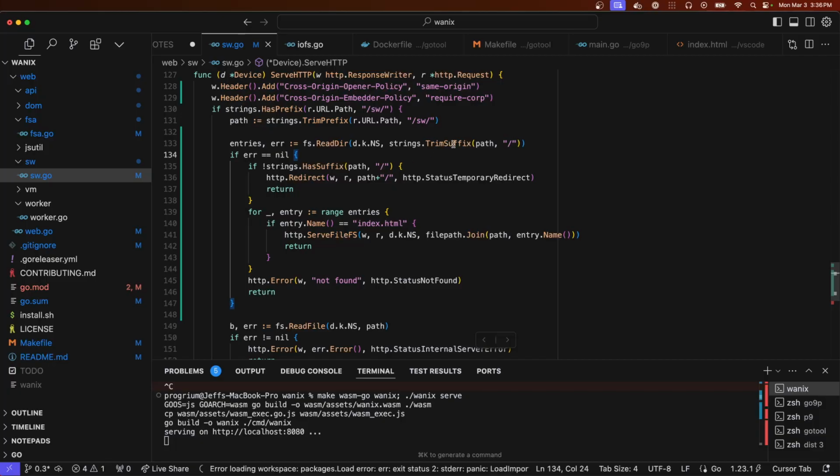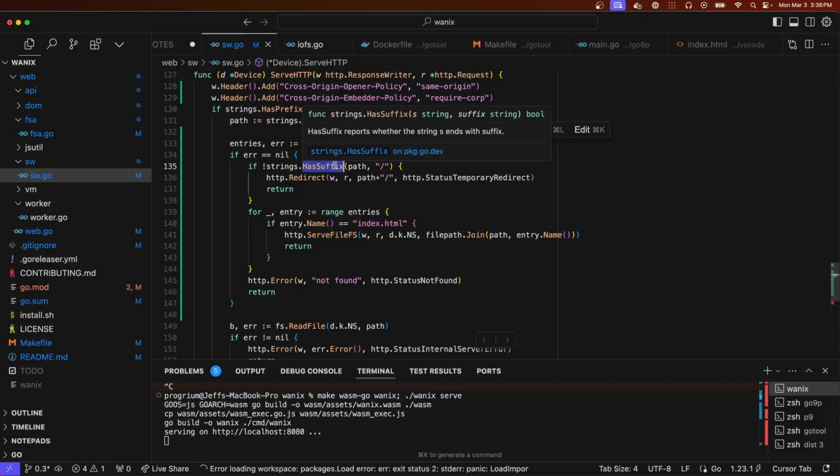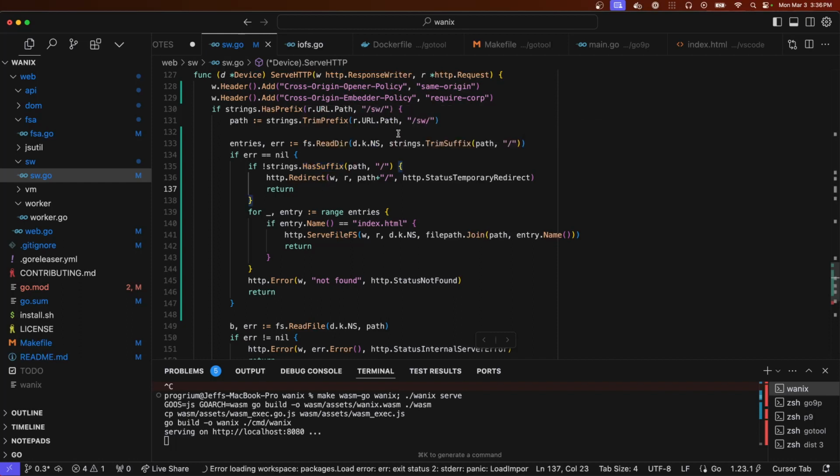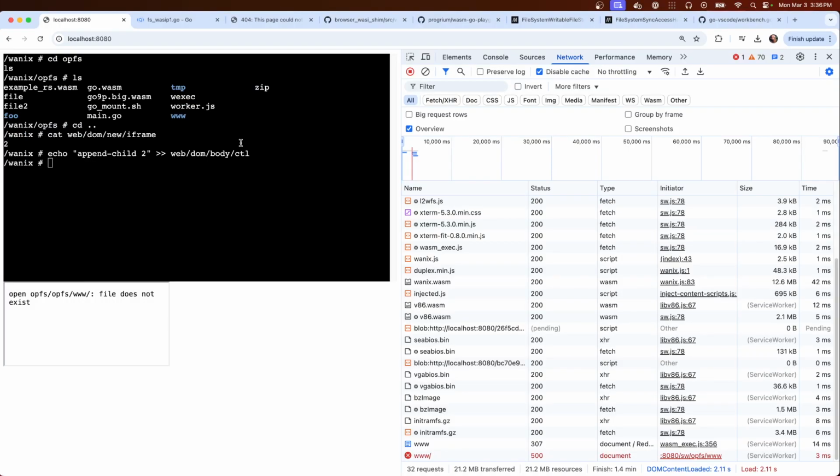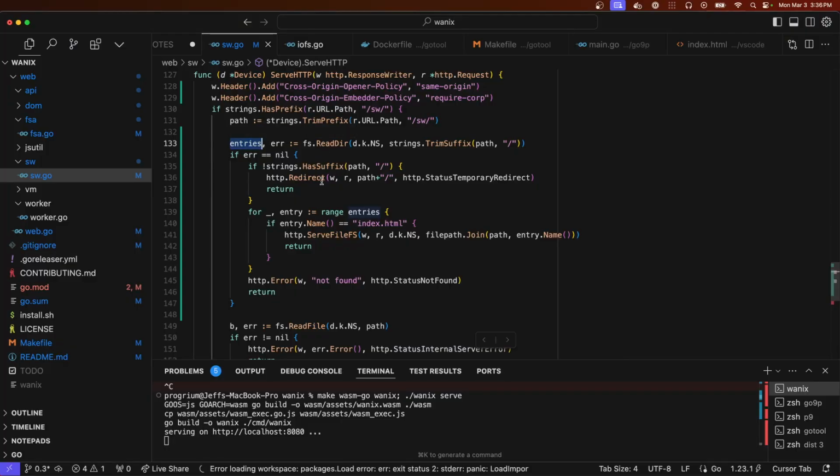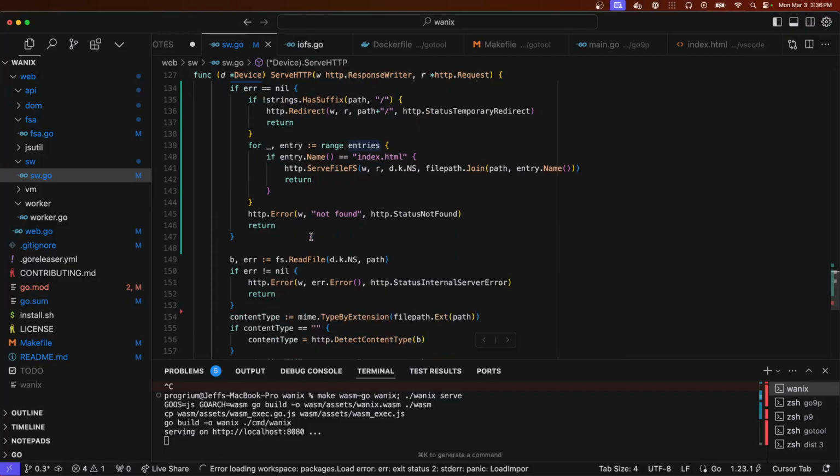On path. So has suffix. If it doesn't have it, it redirects to, or it does have it, it's trimmed. So then there's directories. 500 though. Why is it a 500? It's like it's getting down here.